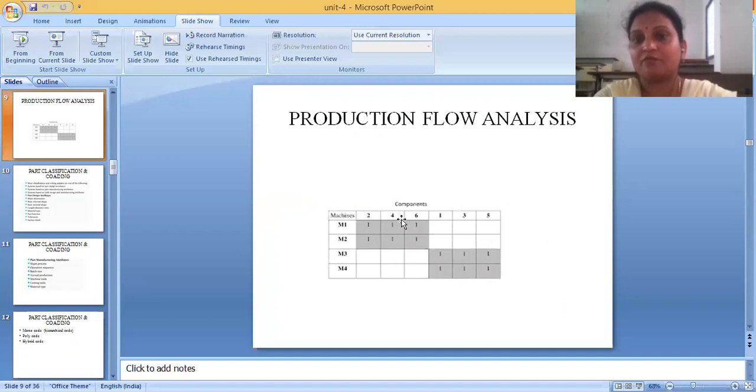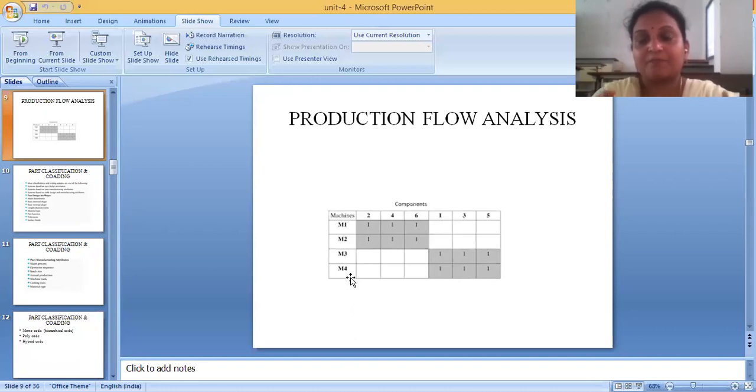Component 4 goes to machine 1 and machine 2. Similarly, component 1 goes to machine 3 and machine 4. So machine 2 and machine 1 don't have similar operations, but it is following the sequence of machines, M1, M2, M3, M4. It is not spoiling the sequence. Whatever machine it wants, it goes to that machine and then to another machine, but it is not spoiling the sequence.